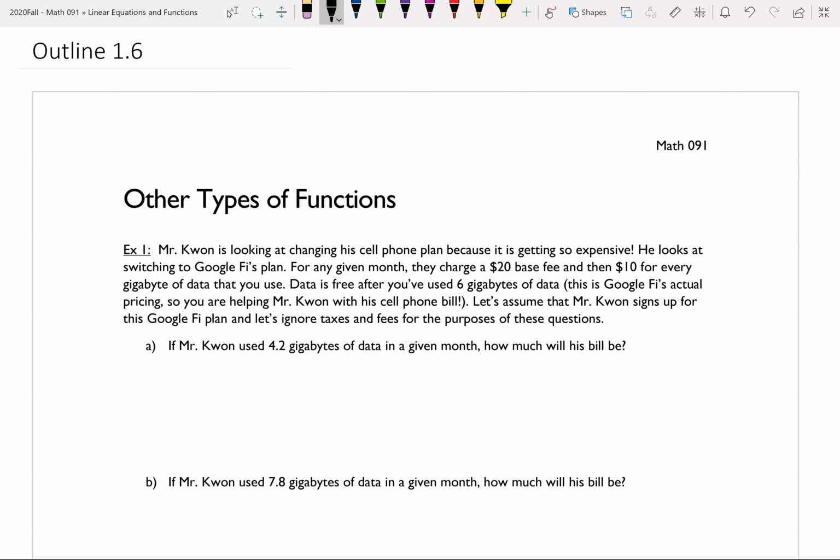This is Google Fi's actual pricing, so you're helping me, Mr. Kwan, with my cell phone bill. Let's assume that Mr. Kwan signs up for this Google Fi plan, and let's ignore taxes and fees for the purposes of these questions. If Mr. Kwan used 4.2 gigabytes of data in a given month, how much will his bill be given that he switches